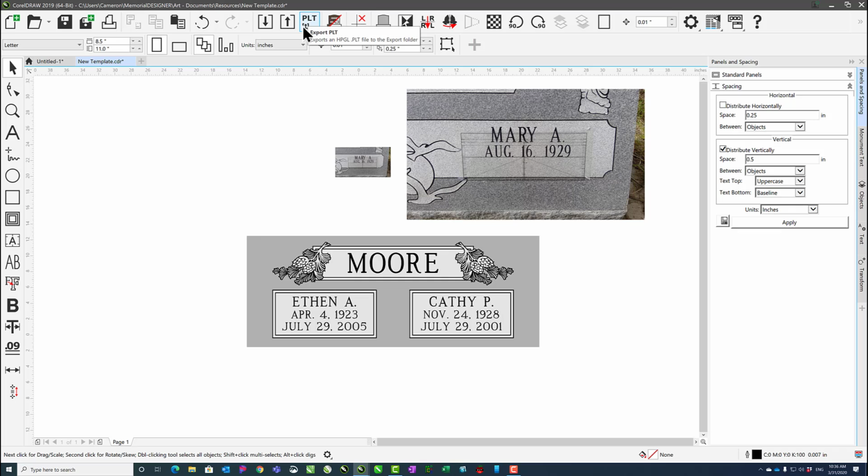This next button over, Export PLT, exports an HPGL PLT file, which is meant for the cutter. So if we had our death date typed out,